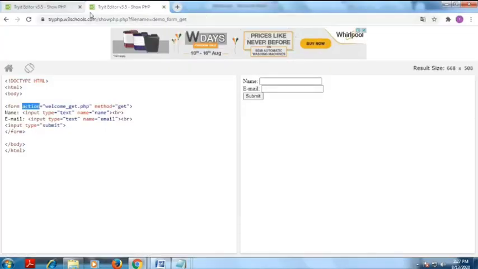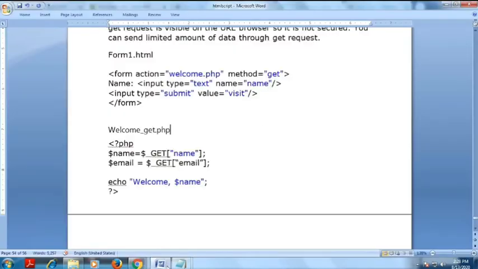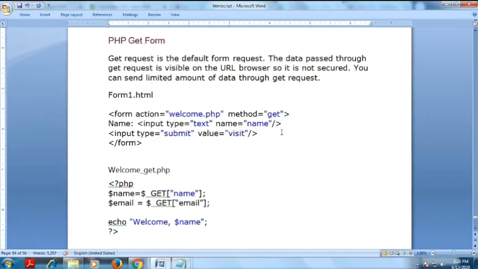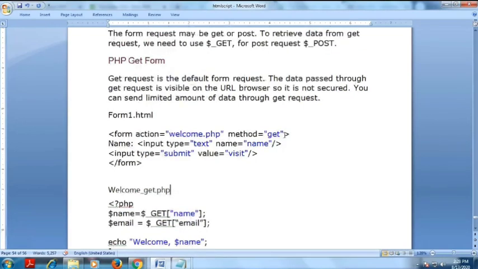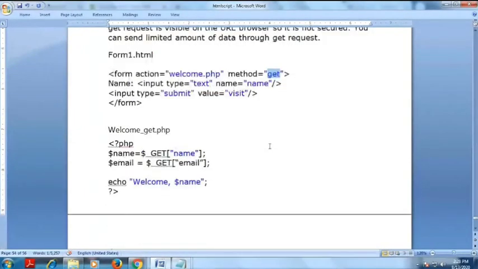This is the URL. Now I type the values: name is some name and email is some email. Then I submit. You see, in the script I get the name and your email address. This is the example of the GET method. What is the meaning of the GET method? You send the values using GET, and the information is transferred through the URL, so it is visible. It is not secure. This is one of the methods of sending values from one form to another form.